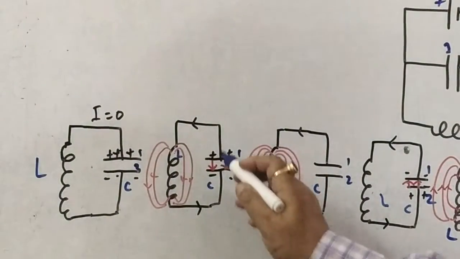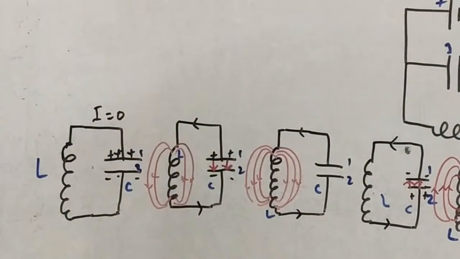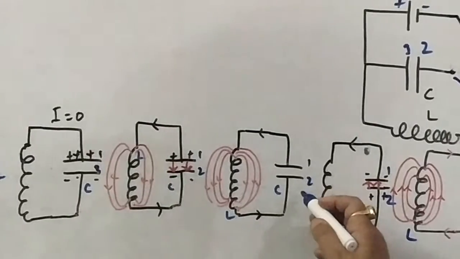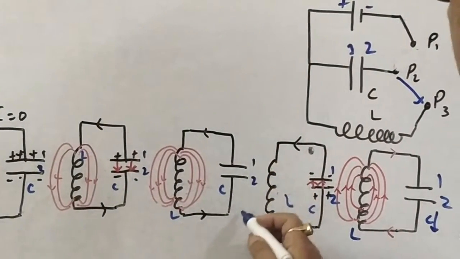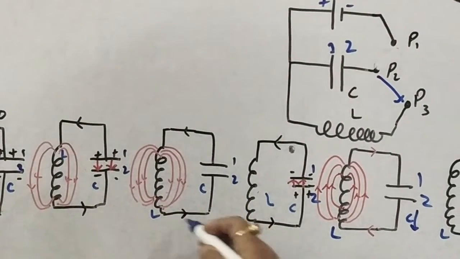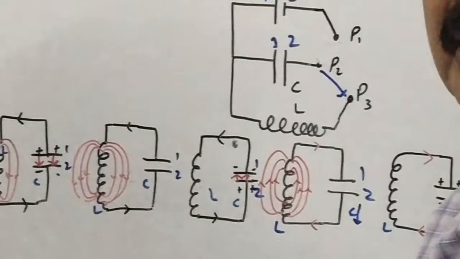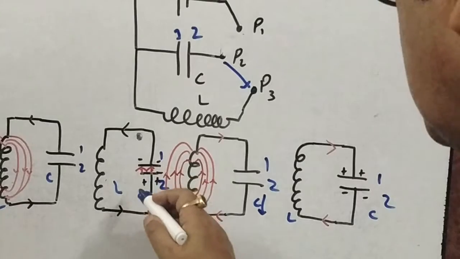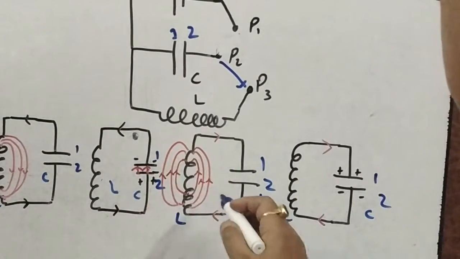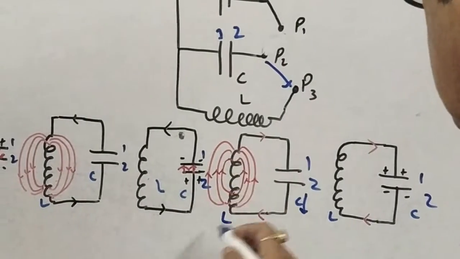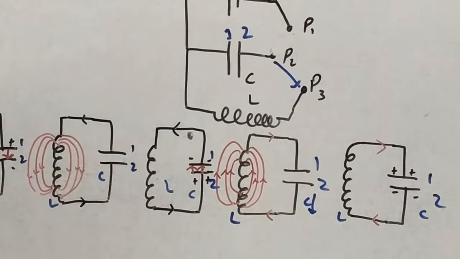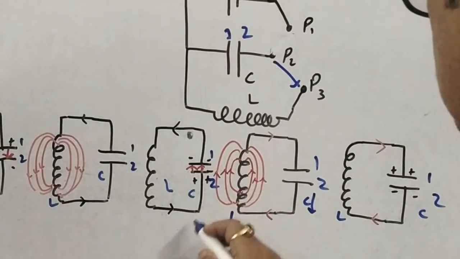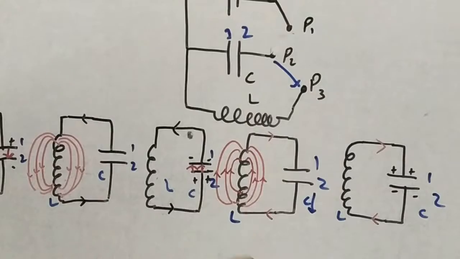Here also positive, negative when it is being discharged. After it is totally discharged, there is no charge at all. And after getting charge from the induced EMF, induced current from this inductor, it will again recharge this. And once it is completely charged, then again current will flow in the opposite direction, from plate 2 to plate 1, like this. इस direction से जाएगा.